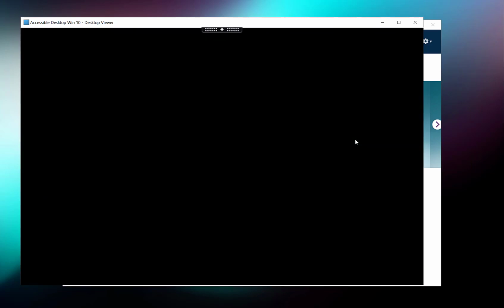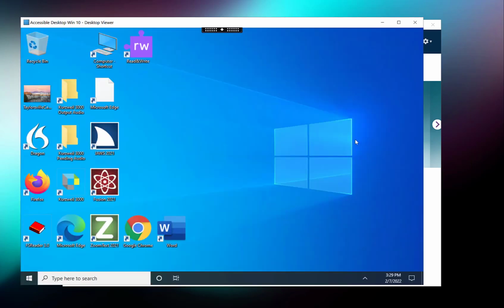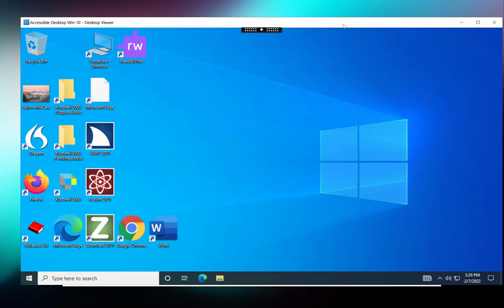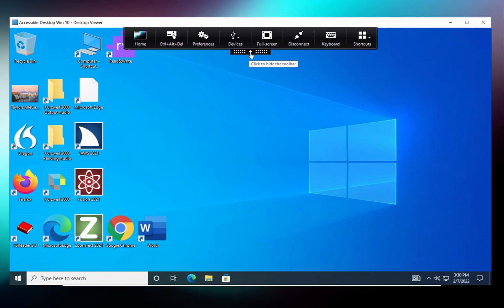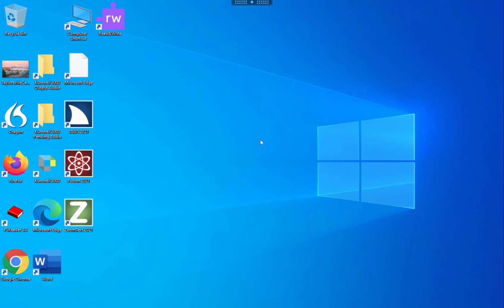What Citrix is doing is logging you in to a virtual campus computer. So you'll notice that the desktop may look very similar to your computer desktop. I'm going to maximize this screen so that it's easier for you to see. I'm going to click the little tab at the top and click on full screen. Sometimes this can get a little confusing because it looks probably very similar to your computer, but you are logged into a remote computer on campus.